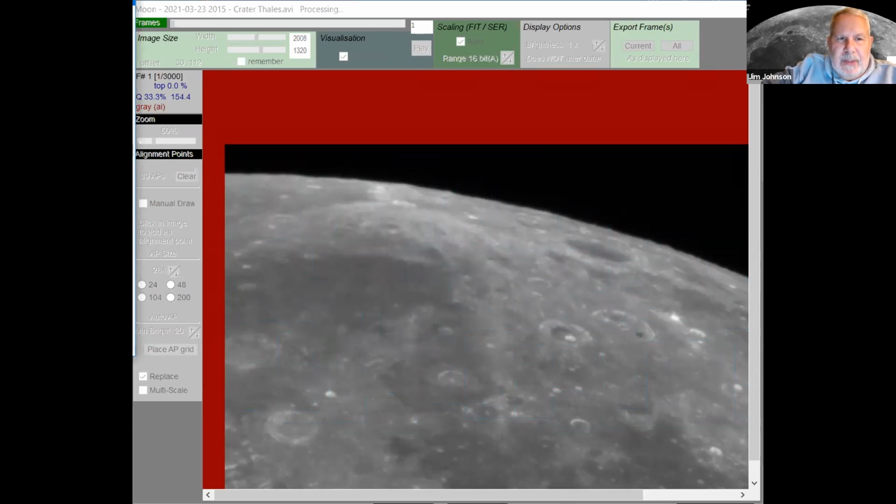While it's stacking, it's basically going through this list, doing all these things. The alignment is just making sure that a set of pixels that has a single feature, say this bright crater right here, are all lined up on top of each other in the stack of 300 frames that's going to be pulled out of the 3,000 to be stacked.